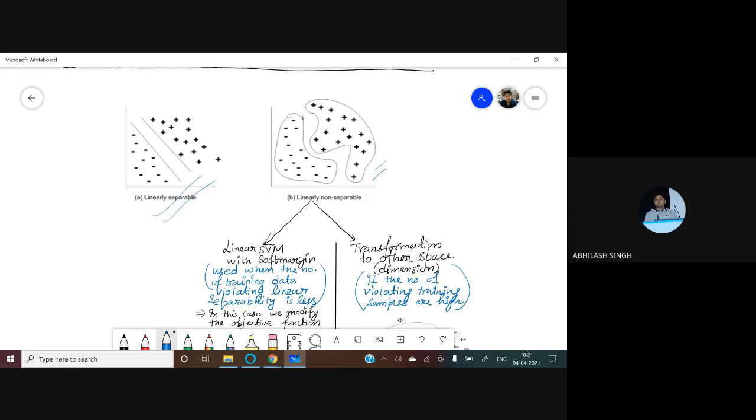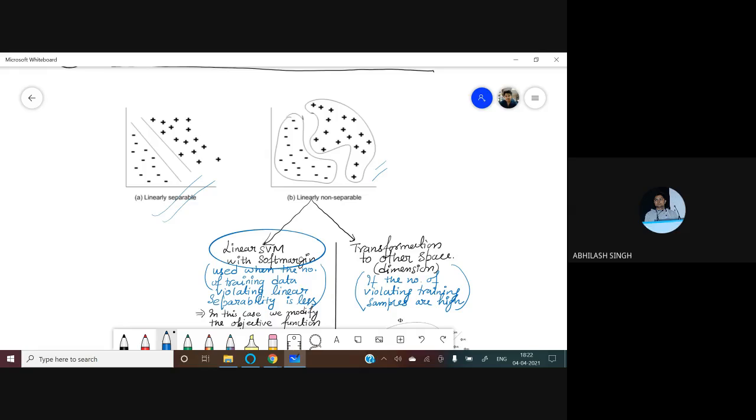If it is small, then I suggest going with linear SVM with soft margin. What soft margin means, I will discuss within a few minutes. Just have patience. And if the number of points that violate linear separability is high, meaning the data is more non-linear,